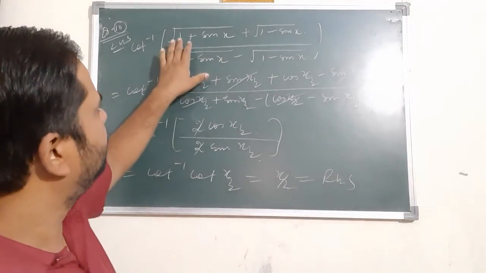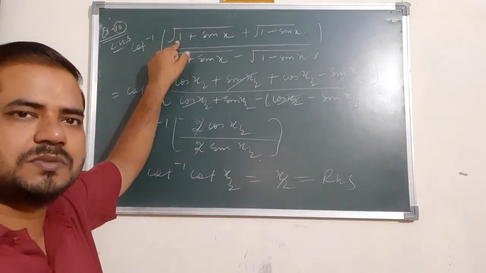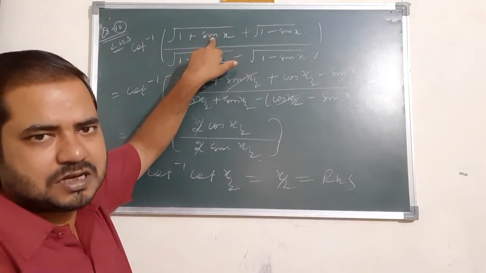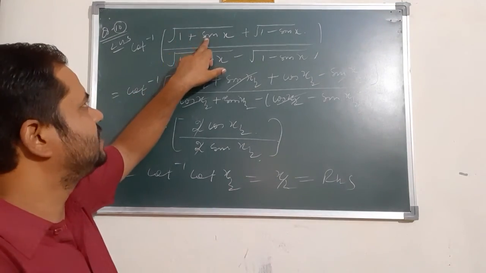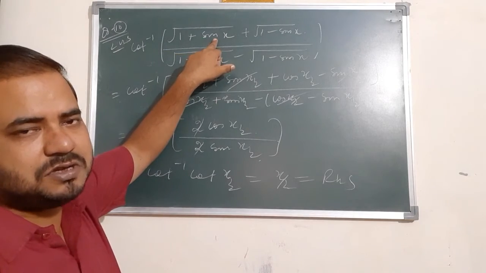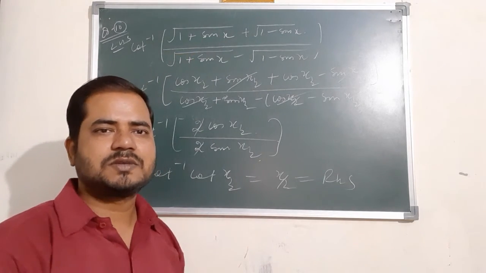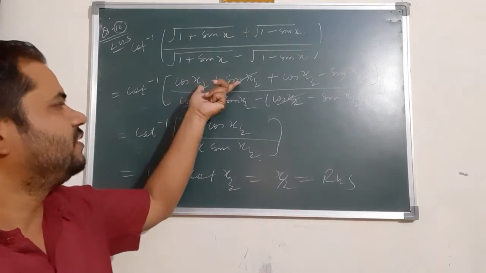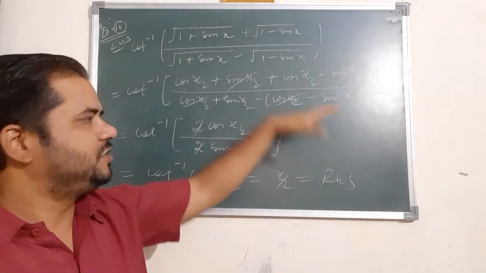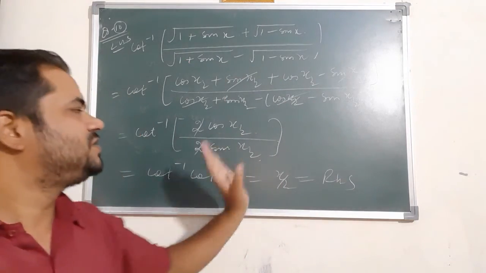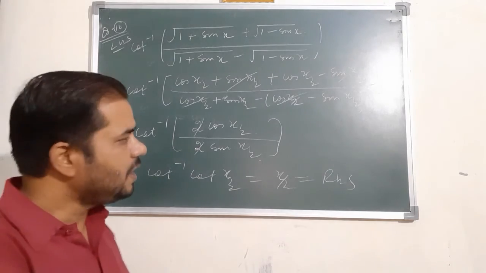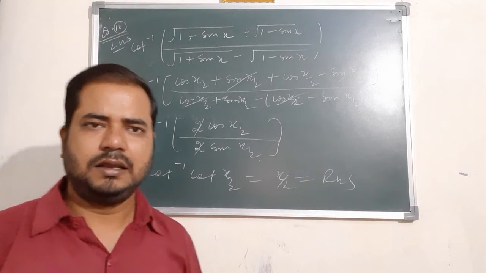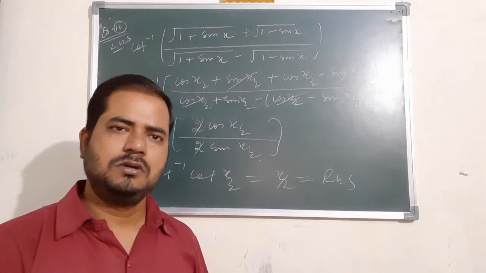Again, I explain to you, if you want, you can write this one as cos square x by 2 plus sin square x by 2, and sin x can be written as 2 sin x by 2 cos x by 2. So cos square x by 2 plus sin square x by 2 plus 2 sin x by 2 cos x by 2 is nothing but cos x by 2 plus sin x by 2 whole square. And within the square root, because of the square root, this becomes simply cos x by 2 plus sin x by 2, which I already explained to you. Okay, so please try to complete it. And afterward, if some questions remain, we will see in the next lecture if needed. Otherwise, I will send the PDF and you can do it yourself.